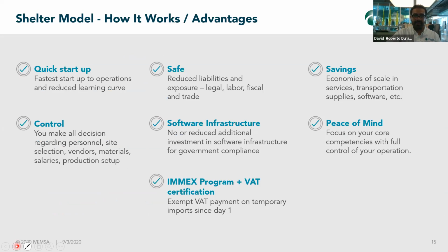You are minimizing the mistakes, and it's basically, as I said, the fastest way to get up and running. You can be up and running in 3 to 4 months on average. It's the safest. There's no exposure for the company. There's no legal, labor, fiscal, or trade compliance exposure. The shelter will be responsible for compliance in this department, and you are going to be operating under the shelter